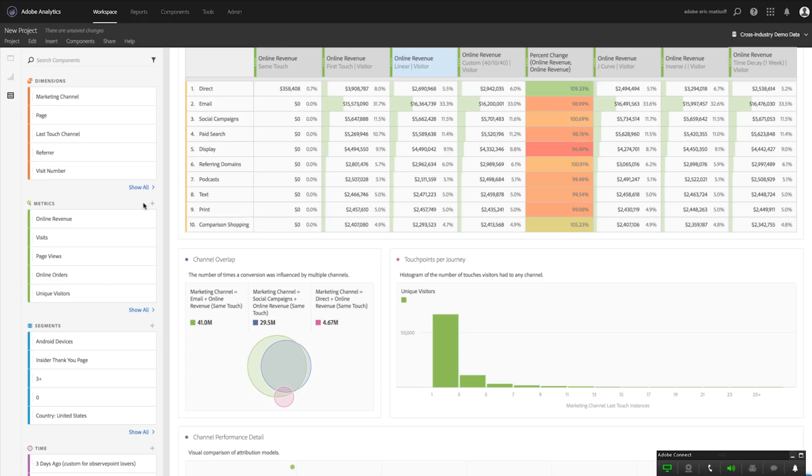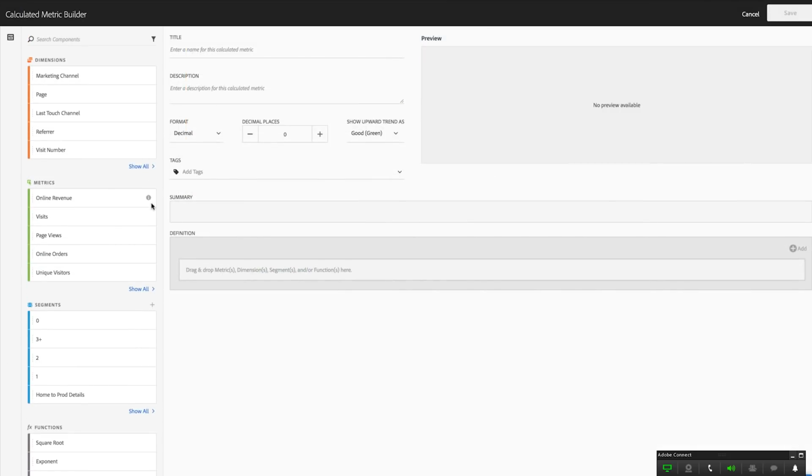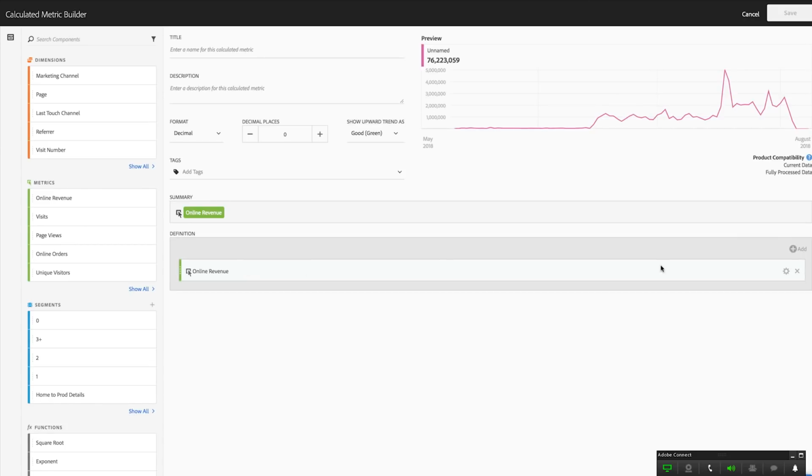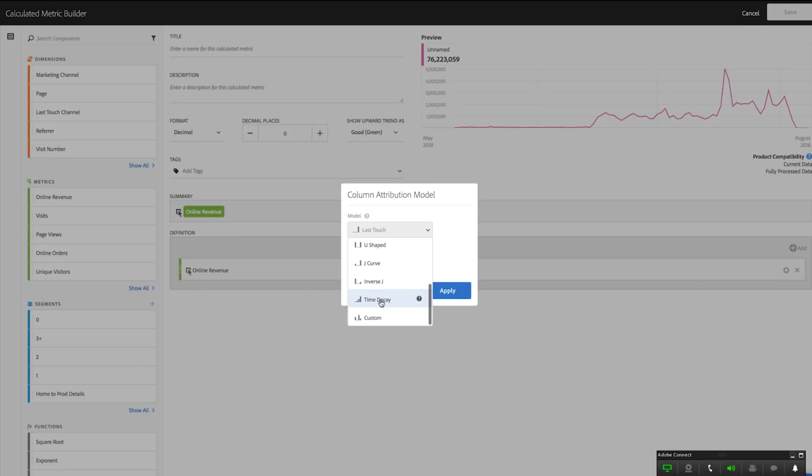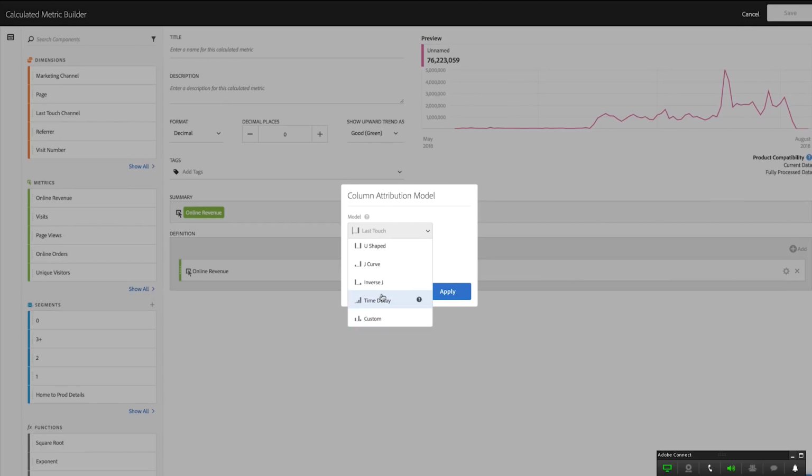the fly. There's one last place that Attribution IQ becomes available, and that's when you create a brand new calculated metric. And so if I were to just simply drag and drop, let's keep it simple, a boring metric here like online revenue that we're capturing, I have the option to use a non-default attribution model just simply by clicking the gear within that calculated metric. So I can click this checkbox, and you'll see a very familiar modal that pops up, where once again, I